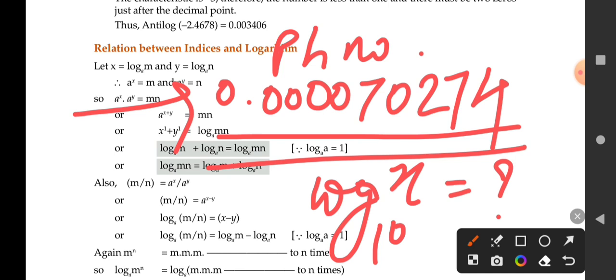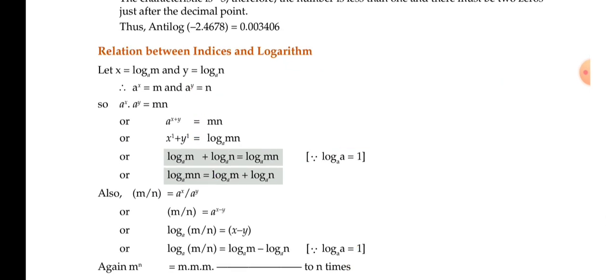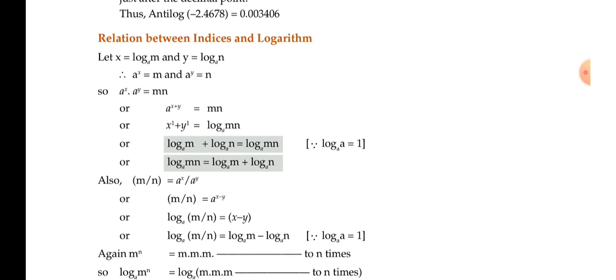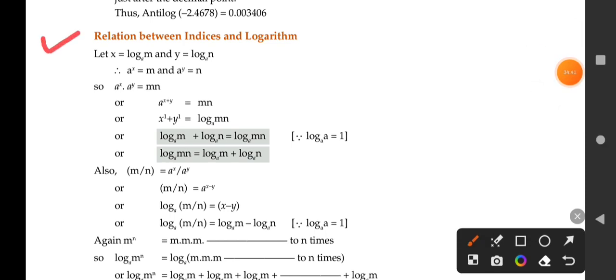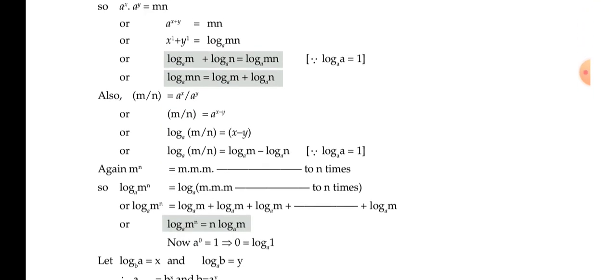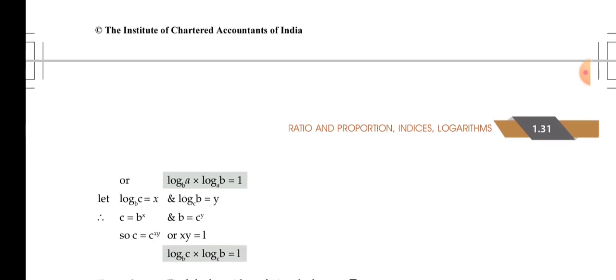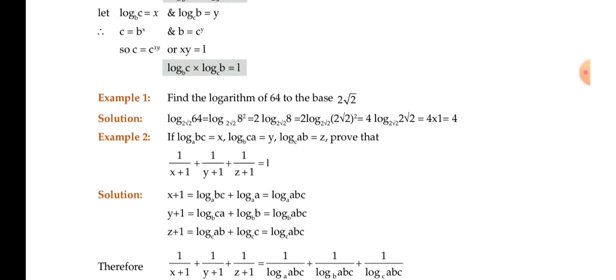By approximation method you can solve this. So how are you going to find out the anti-log? Once we get to the topic, I'm going to tell you how you can calculate anti-log with the shortcut calculator trick. So we have already seen relation between indices and logarithms. I've already taught you all the proofs for multiplication, division, and the power method,